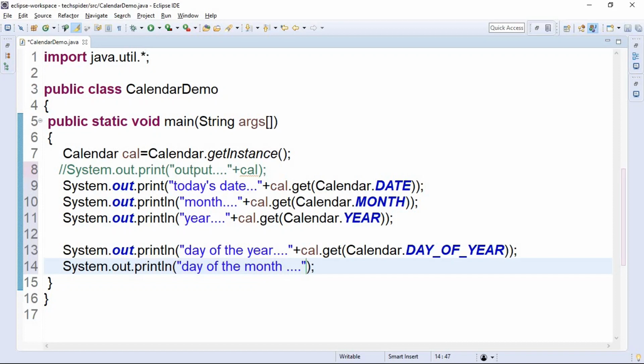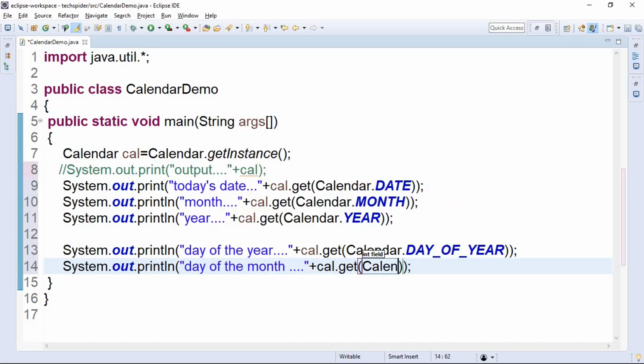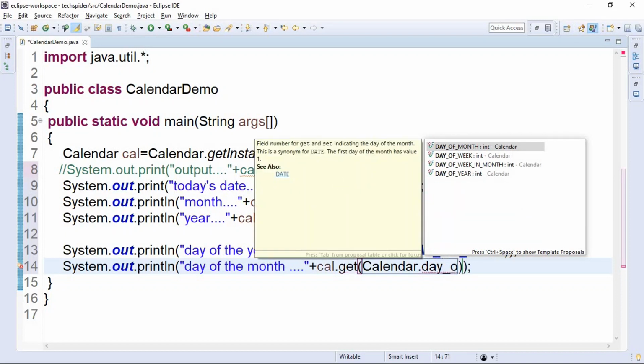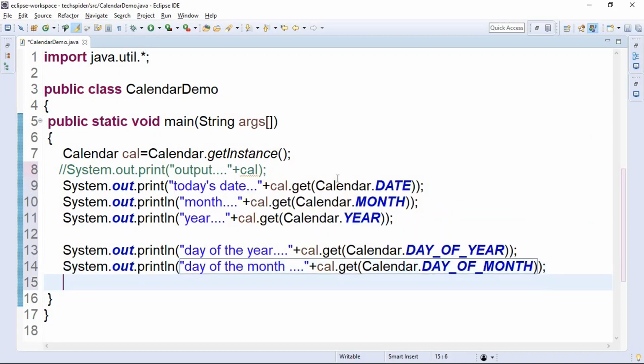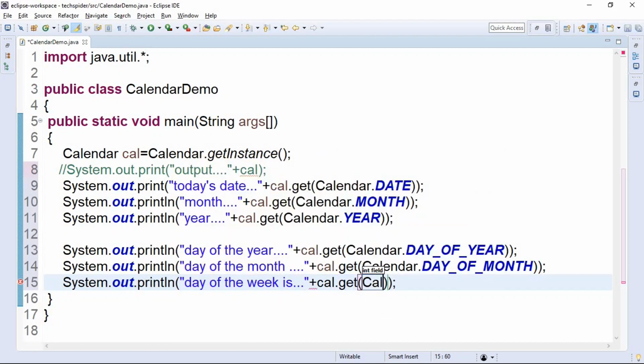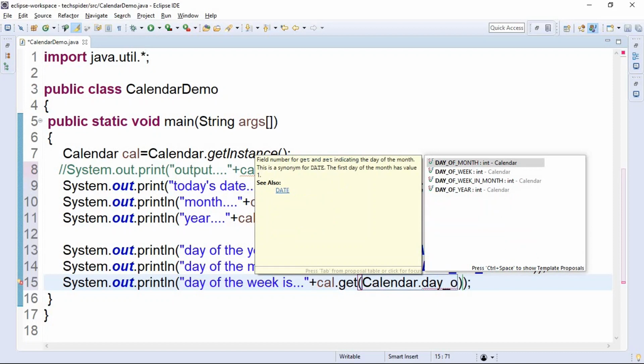It is similar to date. For that, cal.get(Calendar.DAY_OF_MONTH). Similarly, I want to use day of week, that is day of the week, plus cal.get method, field is Calendar.DAY_OF_WEEK.